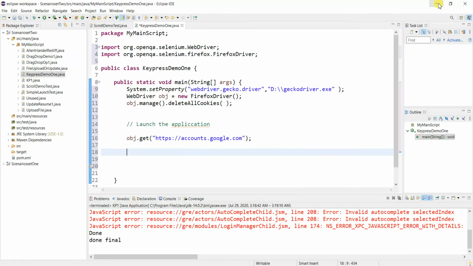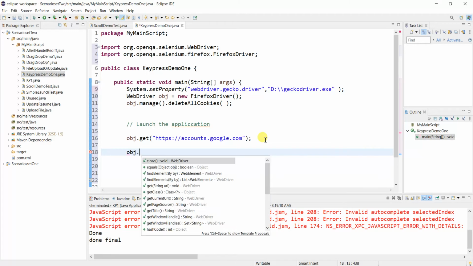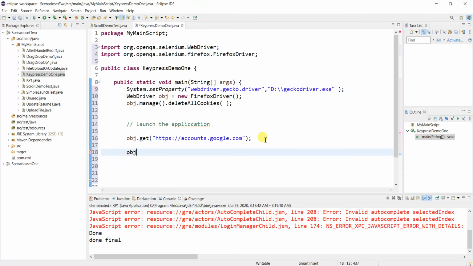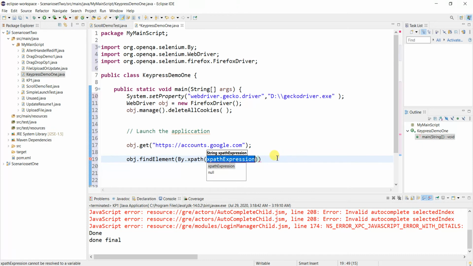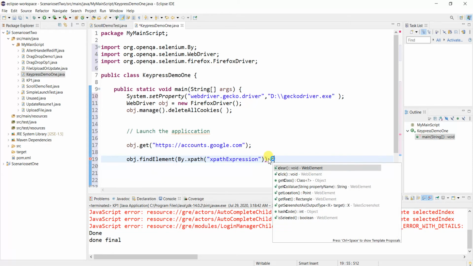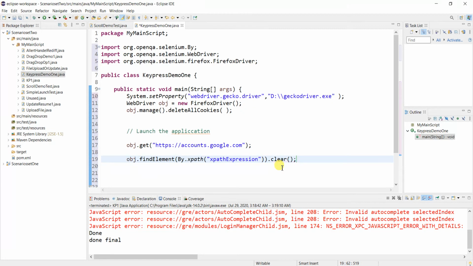So to clear the existing content, I need to identify the field for which I need to clear the data by using xpath and dot clear. Sorry, the xpath expression. Okay, so the xpath expression must be within double quotes, and here dot clear is the method to clear the existing content.